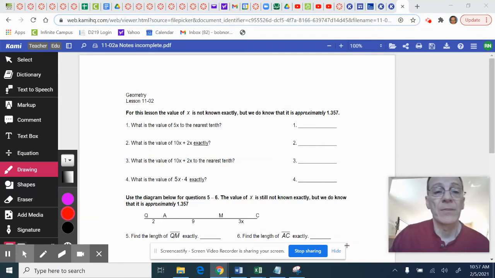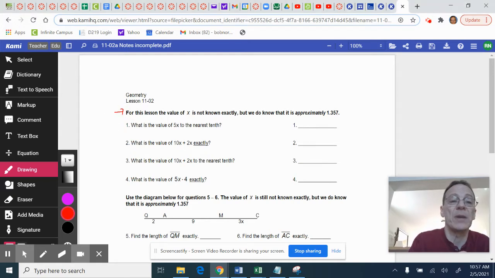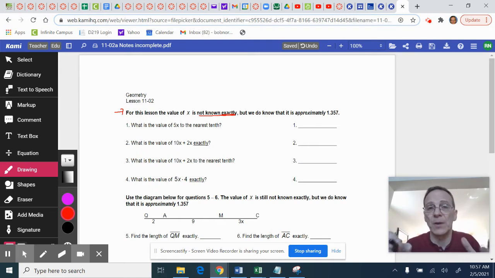Hey everybody, lesson 11-2. Very little geometry actually involved in this lesson, and it's going to be very, very brief. Let's just read across the top of the page here. For this lesson, the value of x is not known exactly. Okay, we're going to just assume that x has some very particular value. We don't know exactly what it is, but we do know that it is approximately